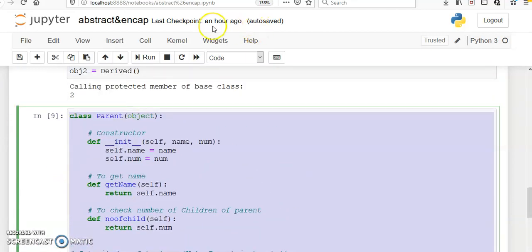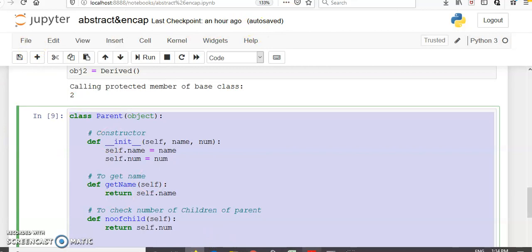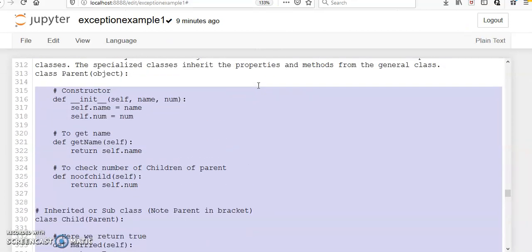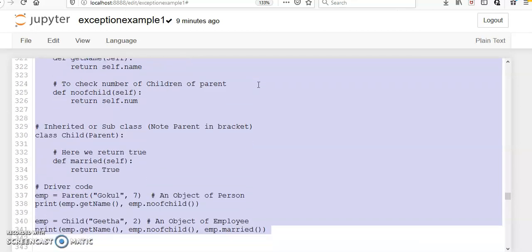Right. So that's all about inheritance. Once again, I will just recap whatever we have explained. Inheritance consists of two major kinds of classes. You can have one base class and many derived classes. Otherwise, you can have many base classes and one derived class. We have already studied this in object-oriented programming. If you have not studied it, you can refer to object-oriented programming inheritance on the internet, right?